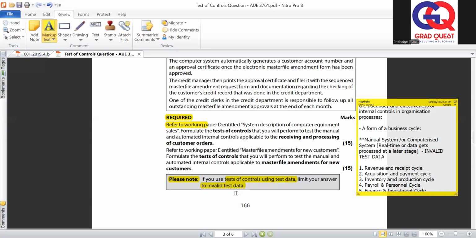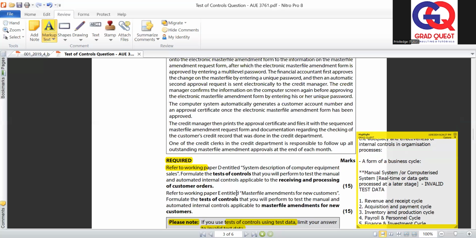That's invalid test data. You'll see it with this particular example, because I really want you guys to pick it up from here before we can even get into the past exam papers themselves. Because if you can get it from your prescribed text, that's why I decided to use a question from your study guide itself, so that it can help one to understand the technical approach that you should use when performing tests of controls.